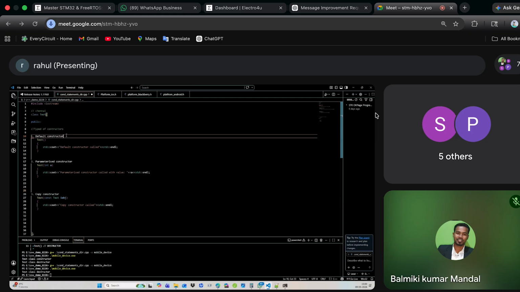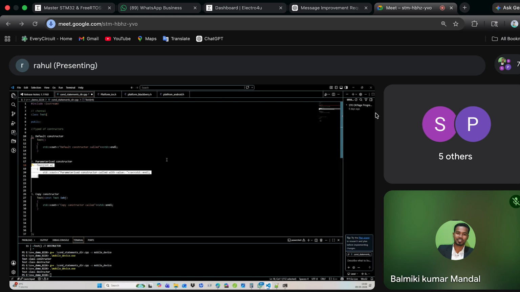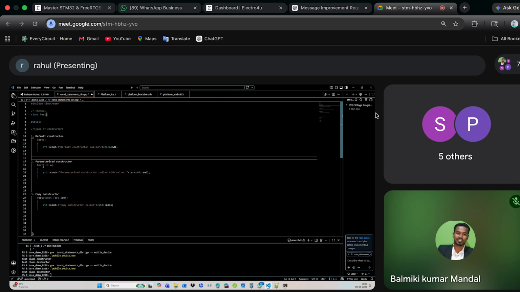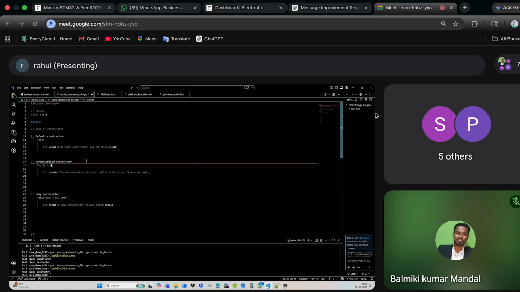One is the default constructor that the compiler creates for us. The second one is the parameterized constructor. This will be created by us manually. The difference is we just have a parameter here. In default we don't have any parameters, and the parameterized constructor will have a parameter like this, and the parameter can be anything, 1 or 2 or 3 or any type.